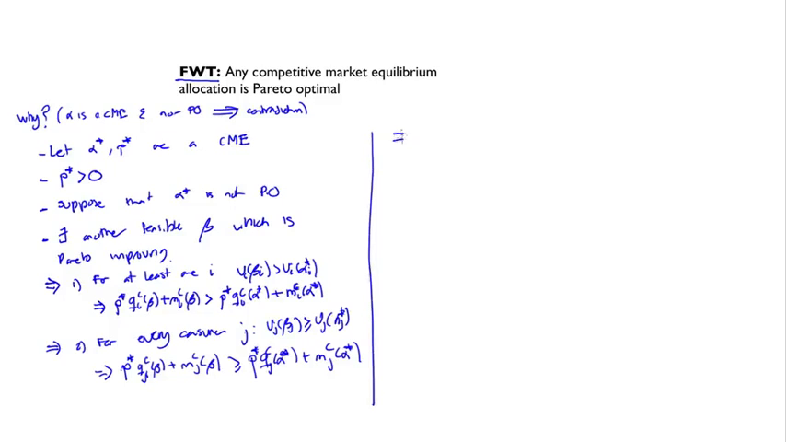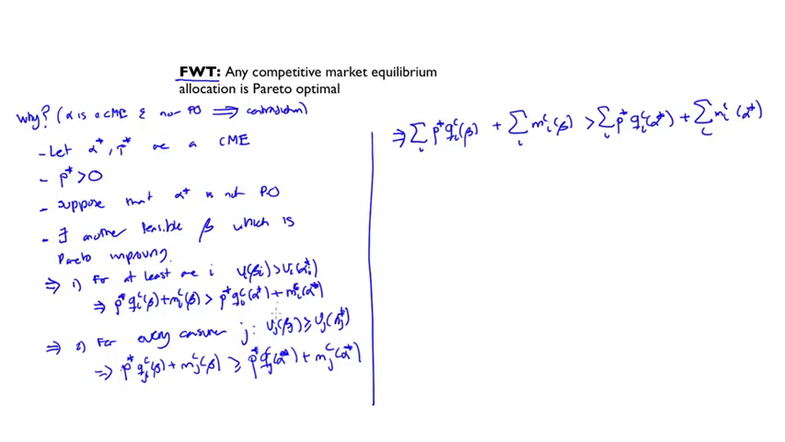This together implies, adding across consumers, that the sum over I of P star QCI of beta plus the sum over I of MCI of beta has to be strictly greater than the sum over I of P star QCI at the market allocation plus the sum over I of MCI at the market allocation. Notice that all I'm doing is adding the left-hand side and the right-hand side of these inequalities for every consumer, and we get this. Now, we have that this has to be equal, and this has to be equal by feasibility